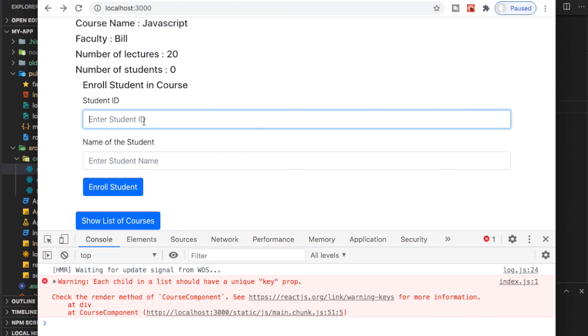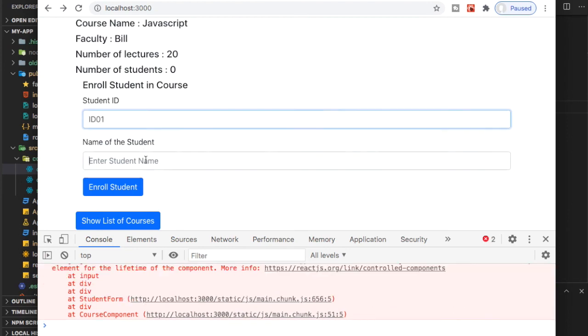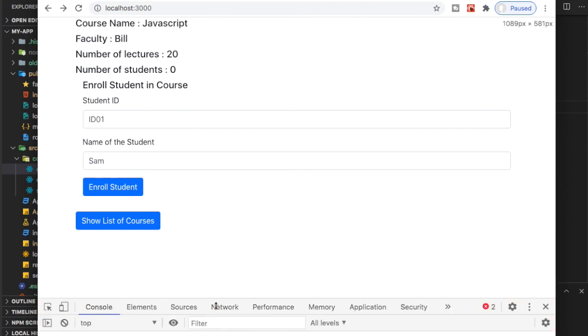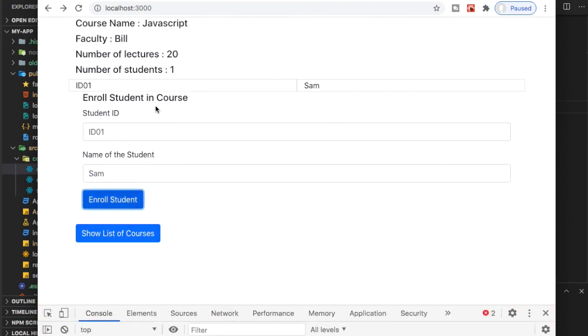Enroll more students, ID01, Sam. So we get ID01 Sam, but this form should have gone away. Now how do we do that?